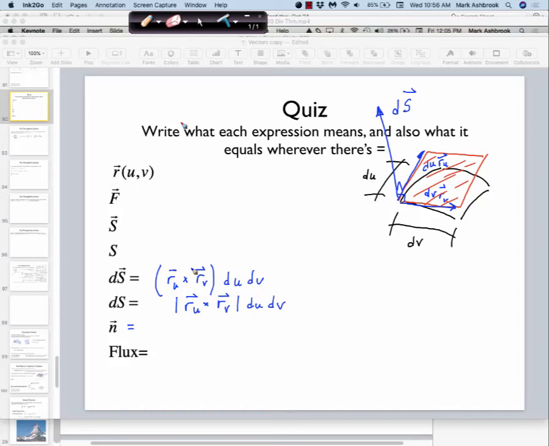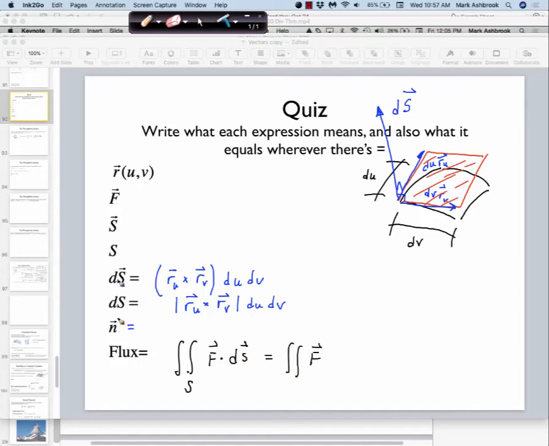Okay, and then what's the flux? Integral over the whole surface S of F dot dS. Okay? So we could rewrite that dS as